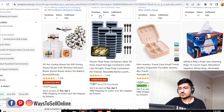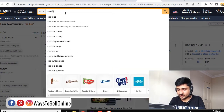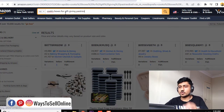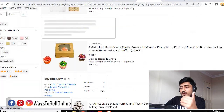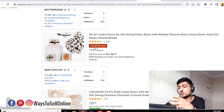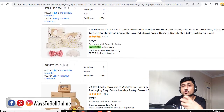So I can go on Amazon and type for cookies boxes for gift giving pastries. When I search for this keyword, you can see that I can find many listings for this keyword, but this listing is outstanding. You can see that this listing is standing out because of this limited time deals coupon. This is a maroon color sharp coupon that is a scroll stopping thing for